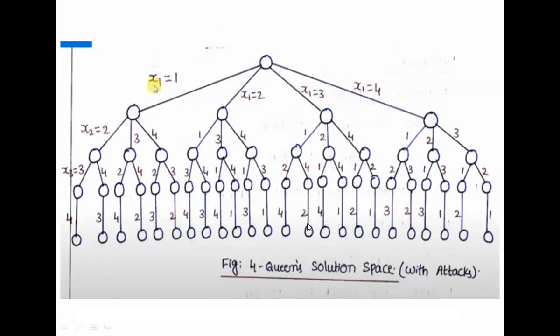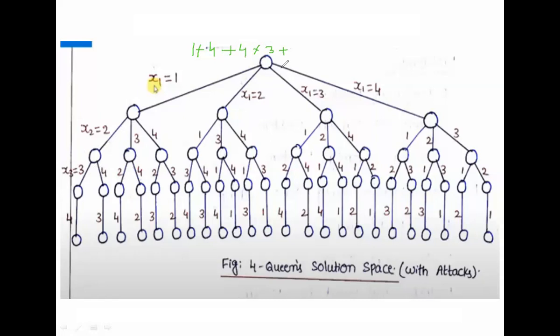In total there are 65 nodes. How do we get those nodes? First is the root node, so root node is 1, plus how many do we divide into? After that we divide into 4 nodes, that is 4. Next, each 4 is divided into 3 parts: this 4 is 1 3 part, this 4 is 1 3 part, this is 1 3 part. So 4 into 3, plus next here, each is divided again into 3 nodes.